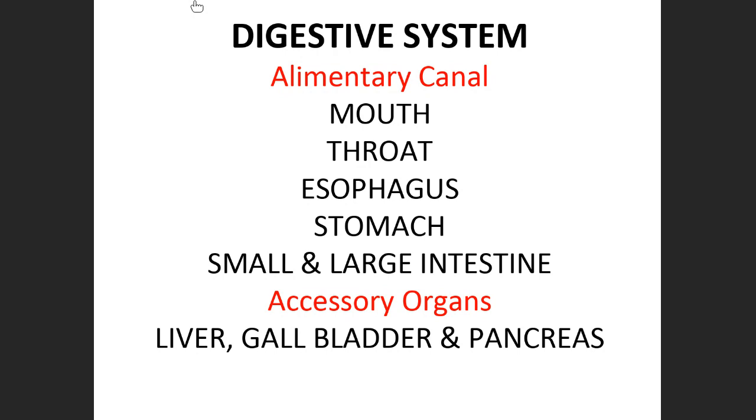Now, in this slide here, it's just showing you what the organs of the digestive system really are. The alimentary canal is the tube through which the food must travel from your mouth to your anus, basically. And it consists of your mouth, your throat, your esophagus, which is the tube that leads down to your stomach, the stomach itself, and then it goes into the small intestine, and then finally into the large intestine. And as it goes through, the good stuff in the food is absorbed into your bloodstream, and the stuff you can't digest, you just eliminate.